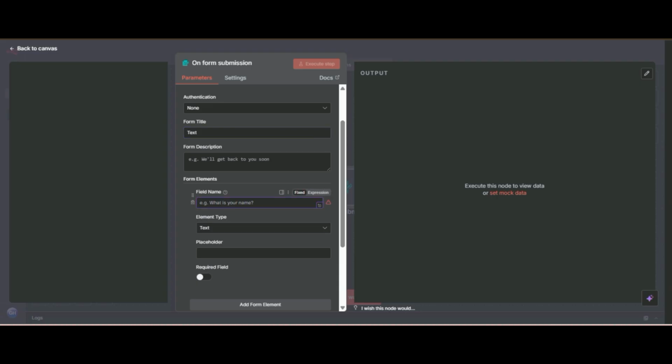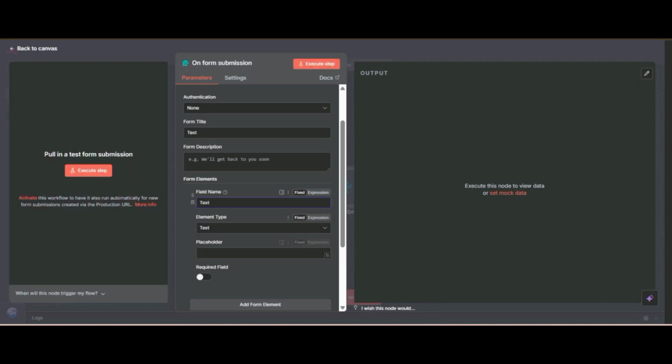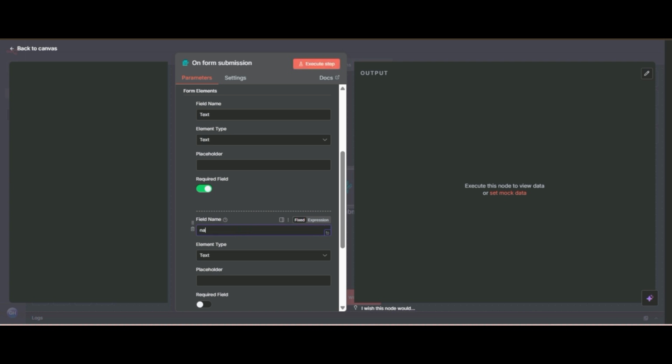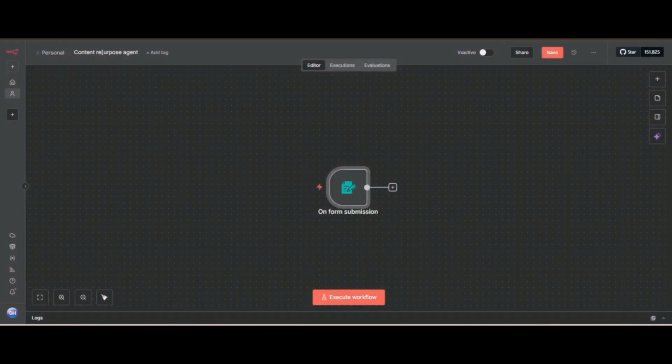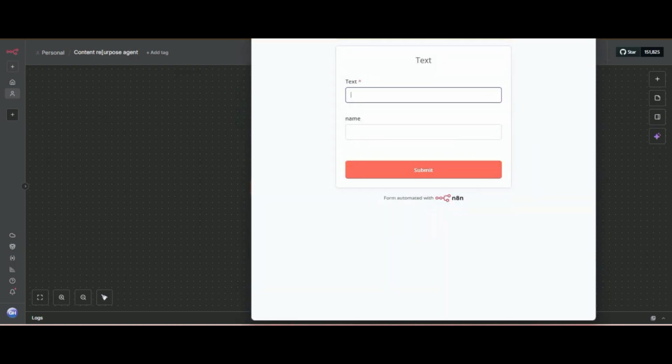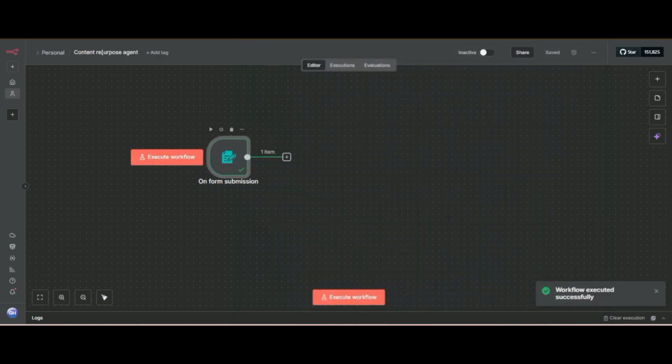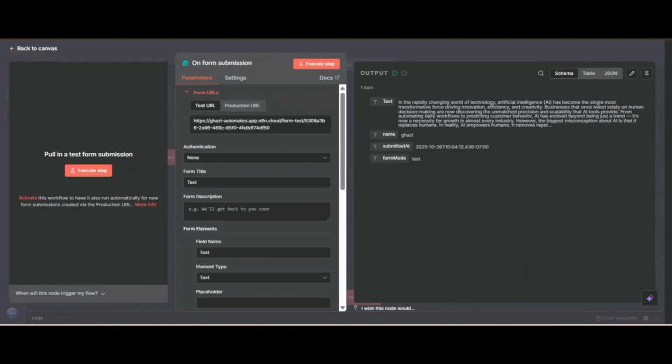So here I will say text, and it will be required, and second will be name, which will not be required. So I edit my trigger, and I will execute. I will paste my text and name. So here we have completed the first step.